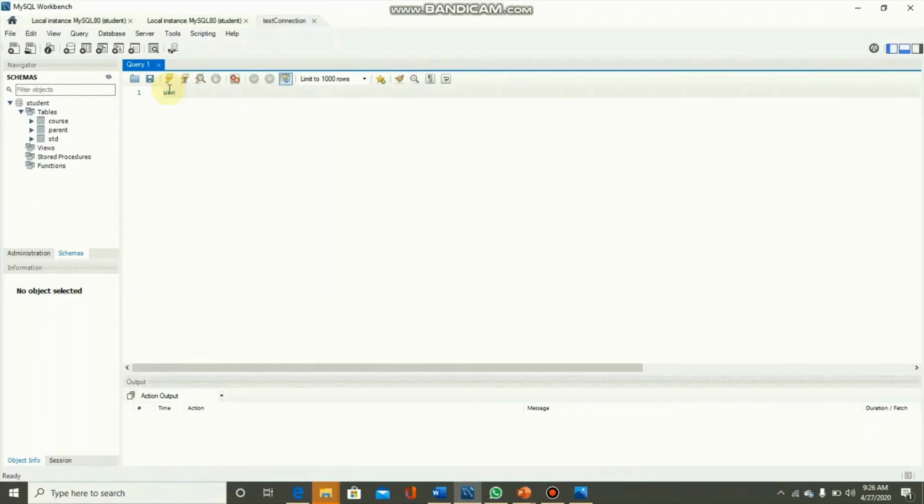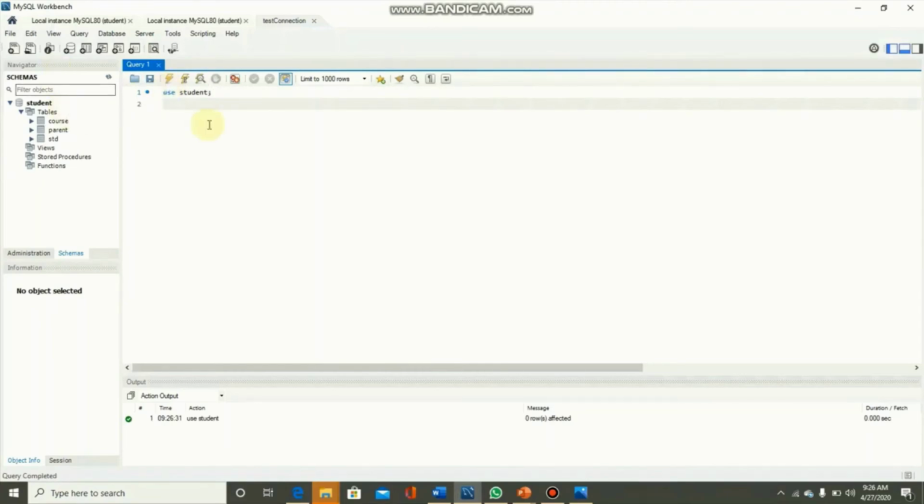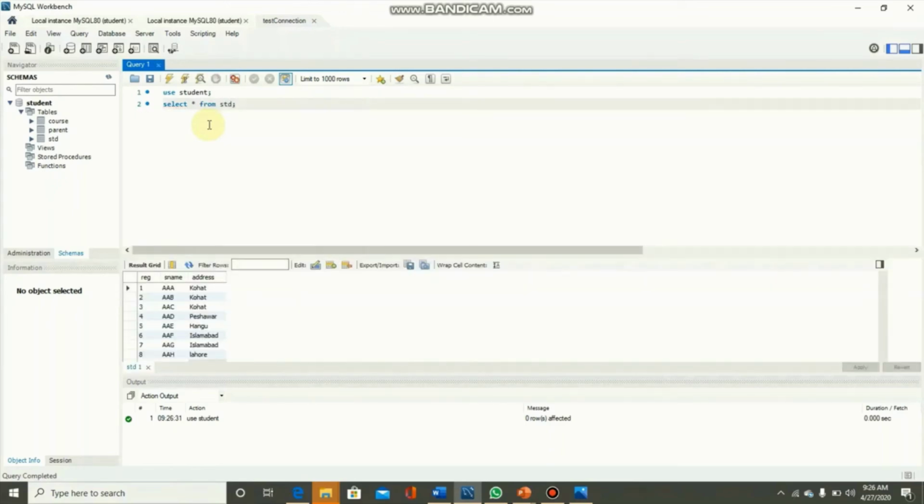So use student, the student database has been selected. Select star from std. It's working. Now we can use the select query on this student database under user 1.